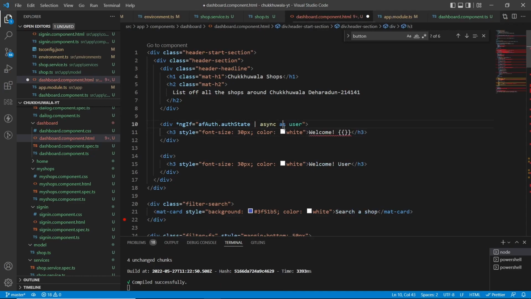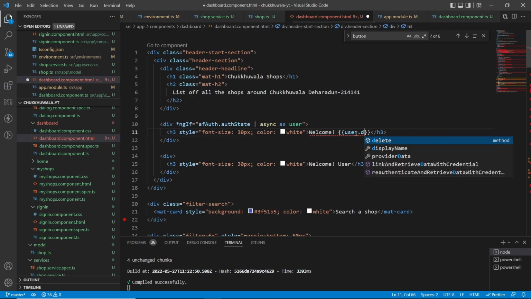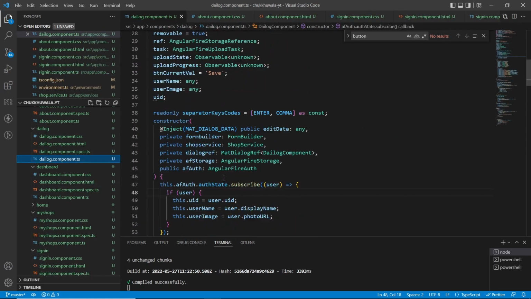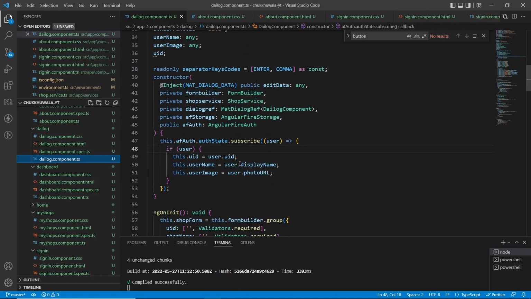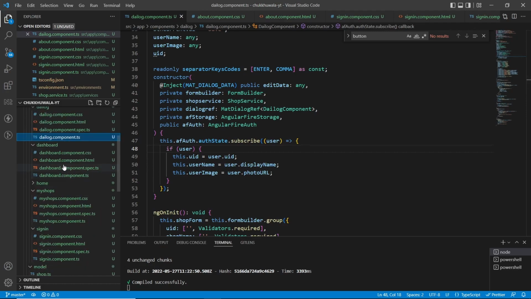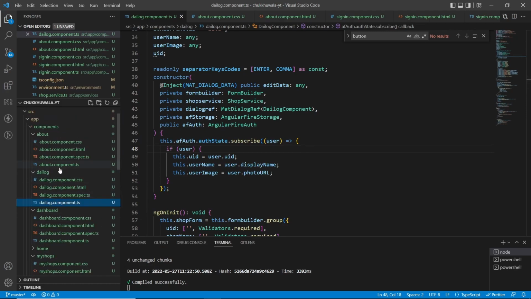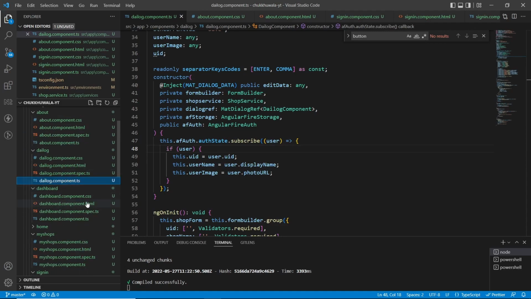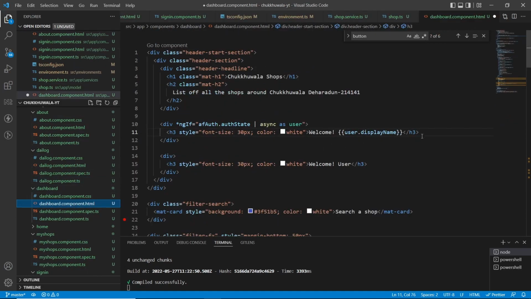Okay, so this async as user, so if the user is currently logged in, we are storing that result in a user variable, and then we can just simply say user.displayName. Previously we saw in the dialog component that these are the variables emitted by this AngularFireAuth. Okay, so similarly in the HTML we are getting the display name and the display image URL, whatever we want we can take it. Okay, so I'll say user.displayName, and similarly for this I'll copy this,